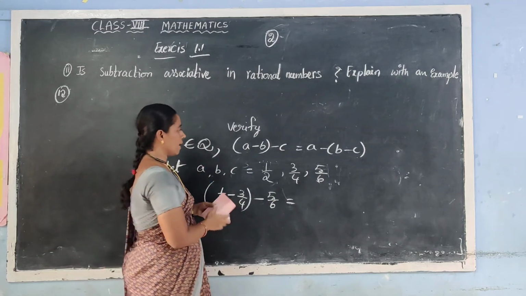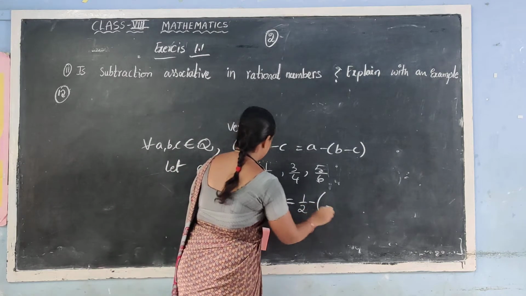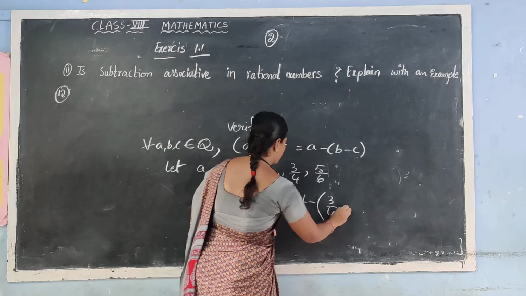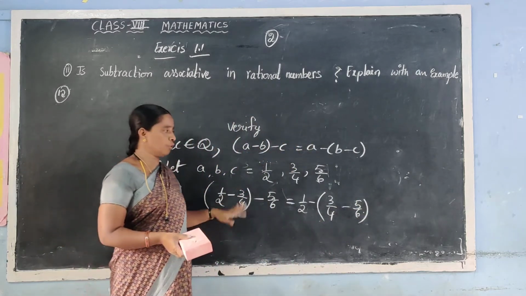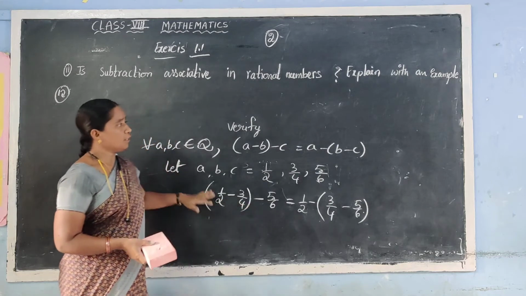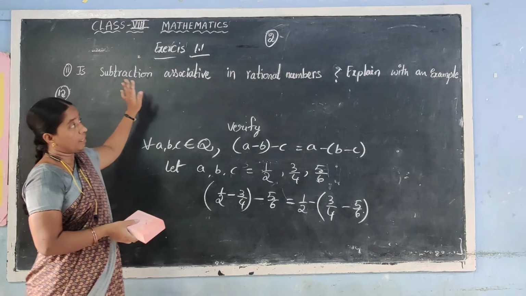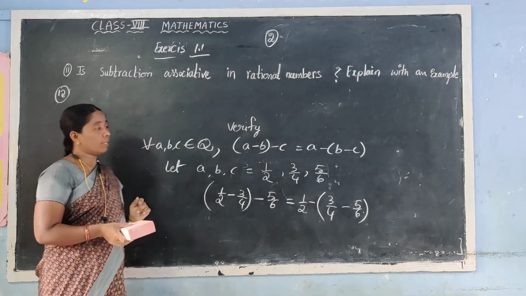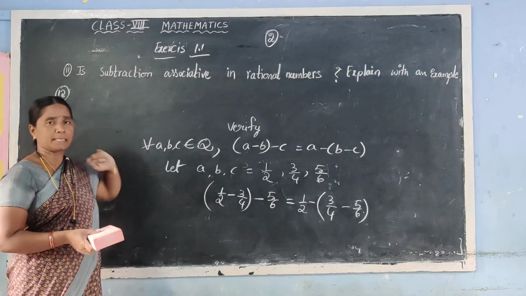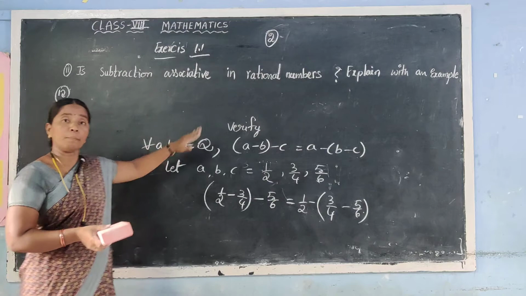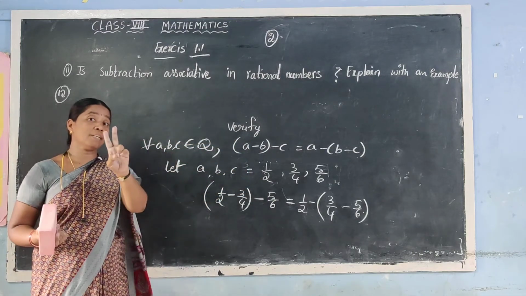So (1 by 2 minus 3 by 4) minus 5 by 6. From here onwards, you know how to do it, so continue this sum. This is very important. They gave this sum for 8 marks. For these questions, if any property is given, we have to write that property first. If the commutative property is given, first we have to write the commutative property.